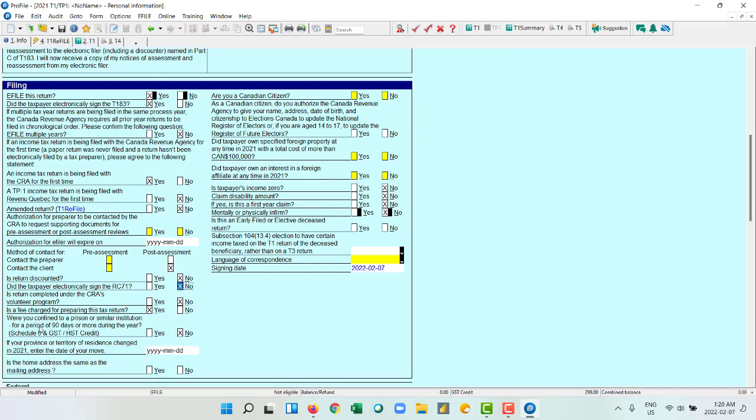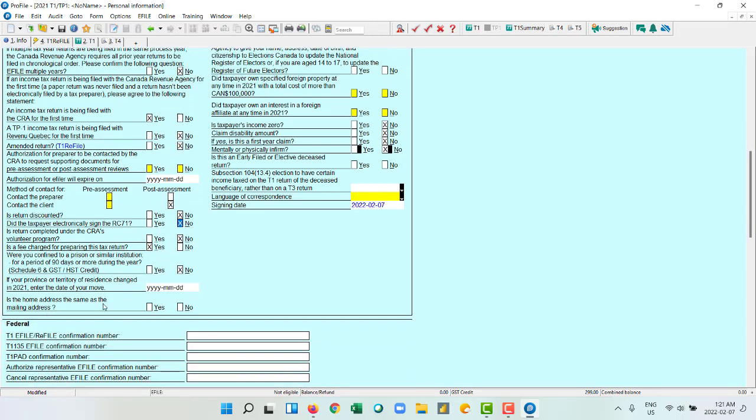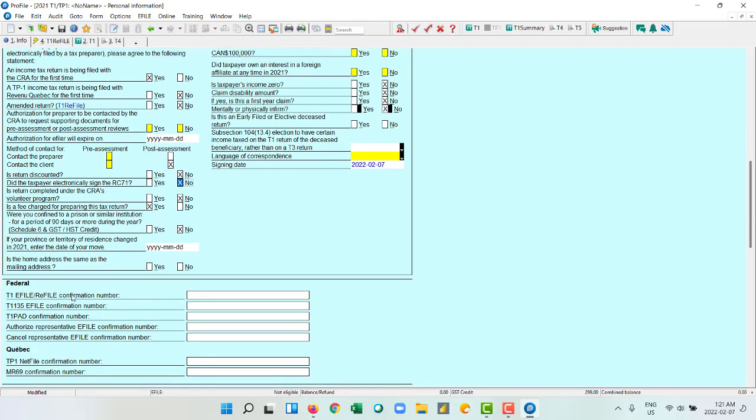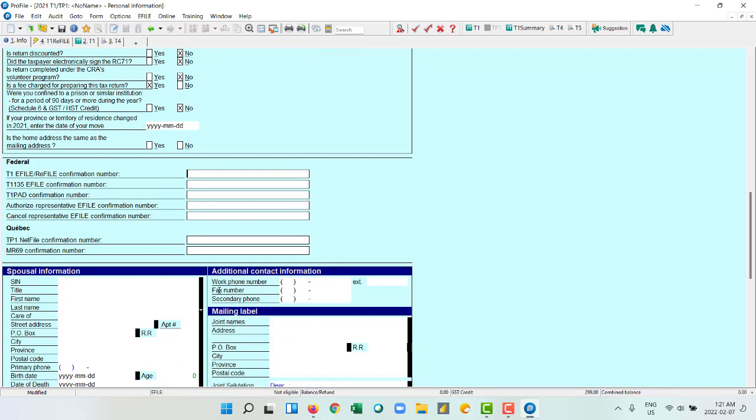And where you confine your prison, no. There are also many things: your home address, federal. They will ask for the e-file confirmation number, the T1 PAD confirmation number. Many things. Quebec